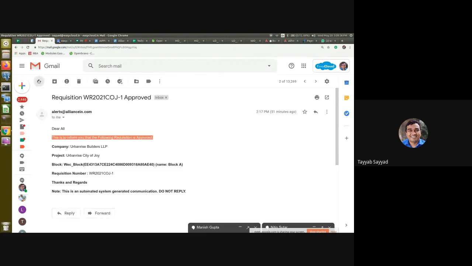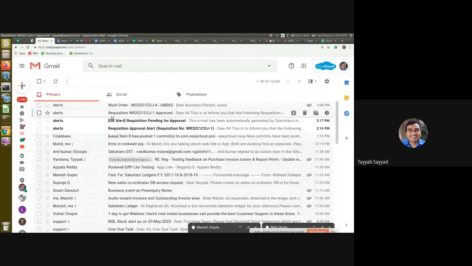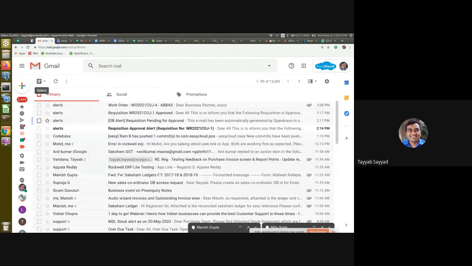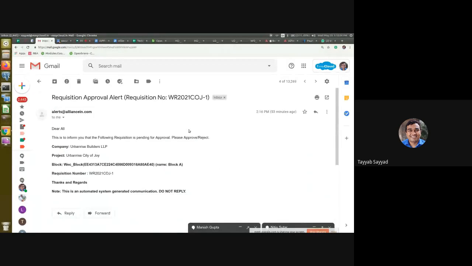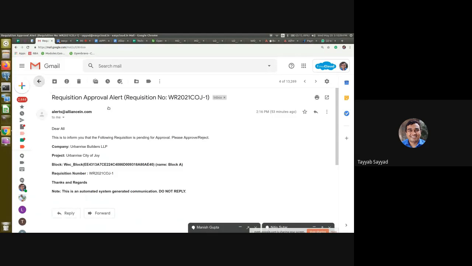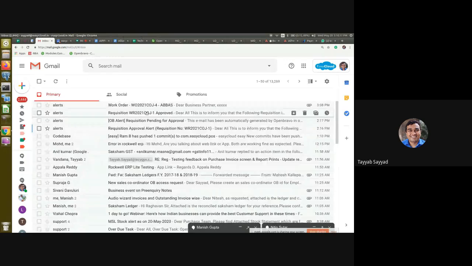And this is the requisition pending for approval alert, which was pointed out to me. So this work order was pending for approval, and it says the work order is pending for the approval. Whoever is the approver will get this notification whenever a document is in the queue. Okay, so these are the notification parts, the email sending parts.